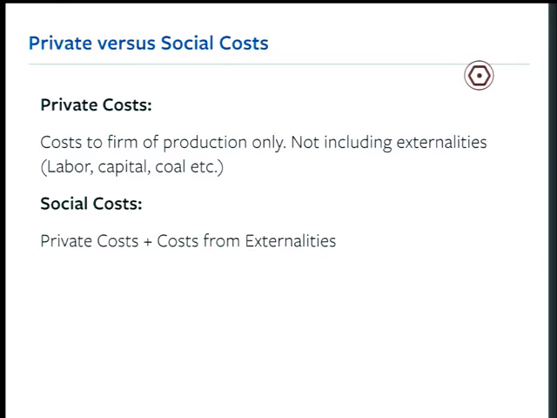So now we're going to break this apart a little bit and break our costs into private costs and social costs. The private costs that firms accrue during production are the cost of producing whatever output they're producing. So you're paying for labor, you're paying for your capital. If you're a coal-fired power plant, you're paying for coal, you're paying for water, you're paying for land, you're paying for all kinds of things. But these are all the things where you write a check and you pay the full opportunity cost of those inputs to production.